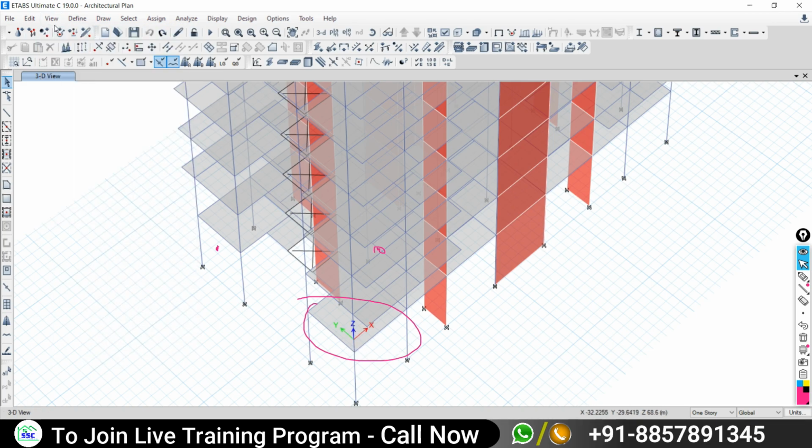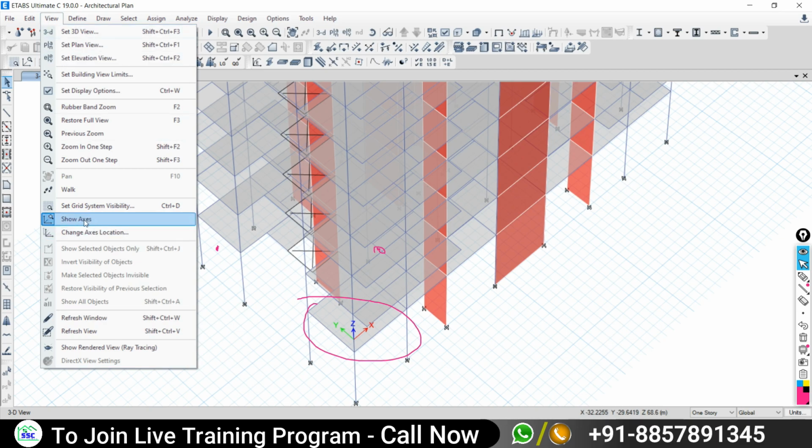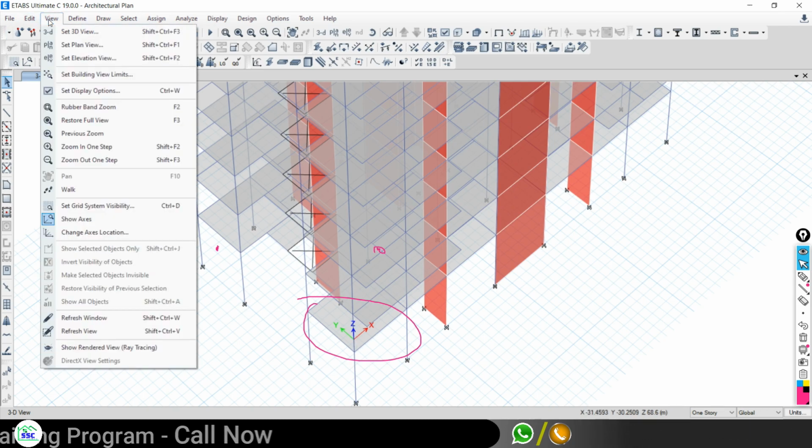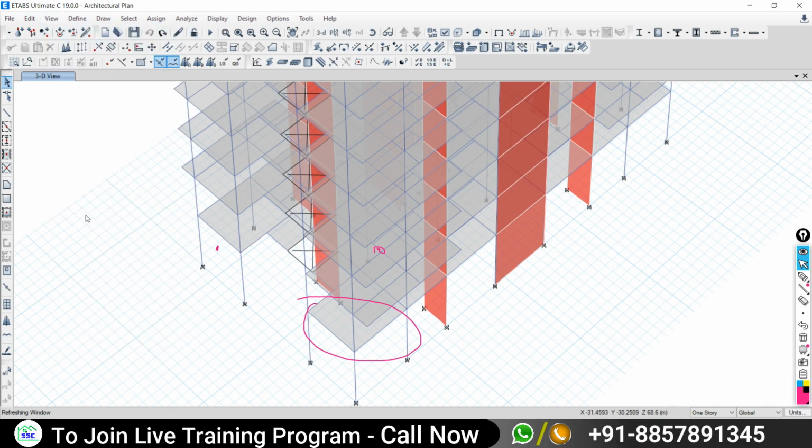With the same option again and again, you can make it visible or invisible. Understood? Yes, sir. Is that all clear?